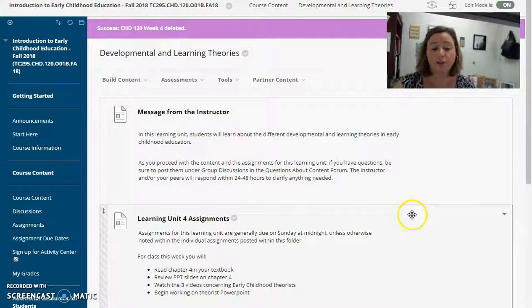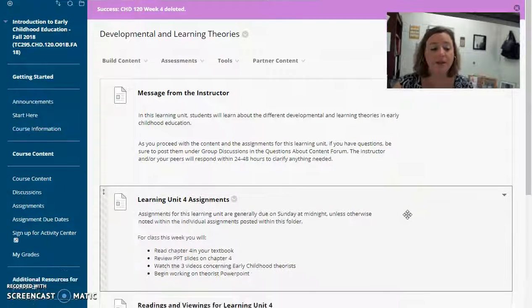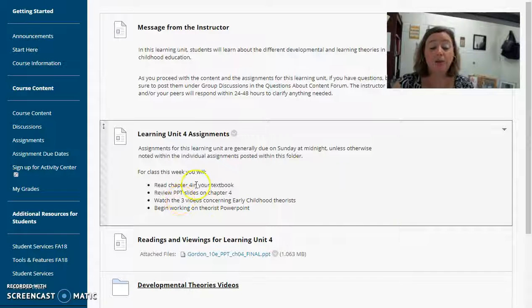So there's a lot of names in this chapter, and some of the names that are mentioned were actually mentioned in some of our earlier chapters, such as Pestalozzi and Froebel, and so we're going to revisit those this week. So I wanted to show you what I have for you in Blackboard this week, and also introduce your next assignment. So you need to read chapter 4, review the PowerPoint slides, but the other thing that I did was